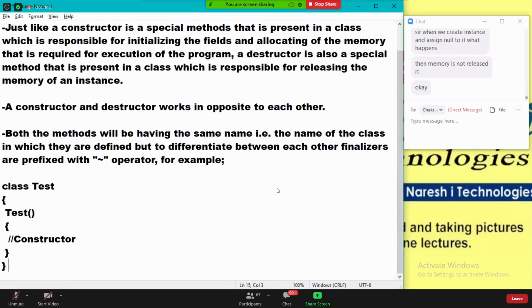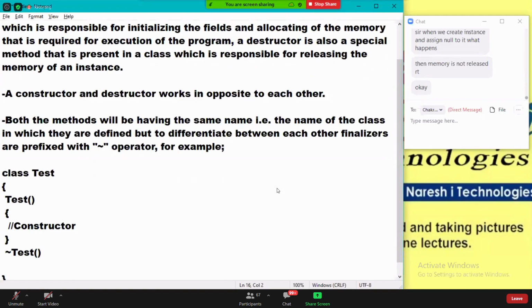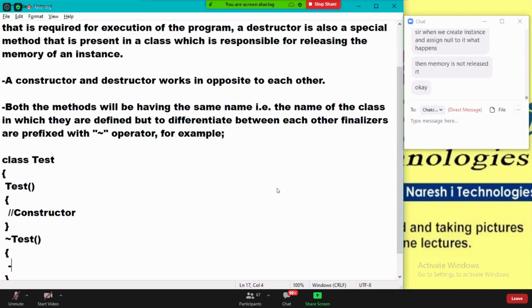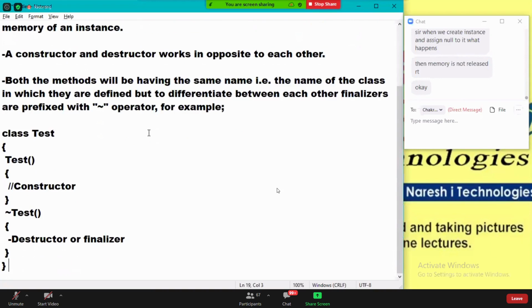Constructor. What is this? Destructor or finalizer. Guys, read the third point.